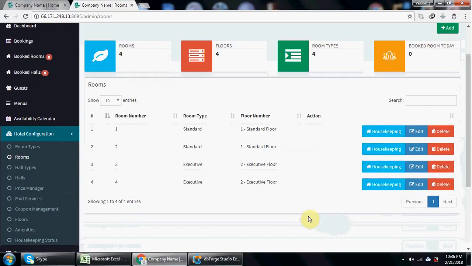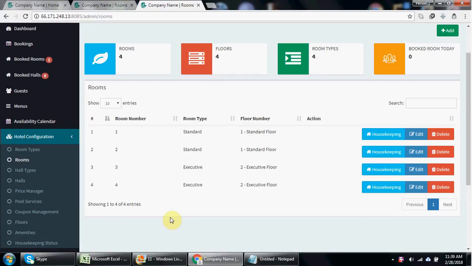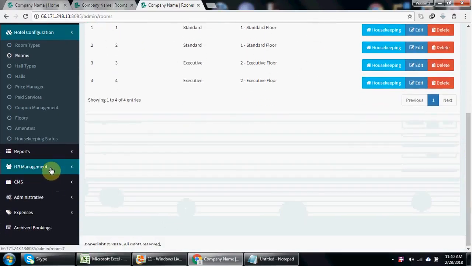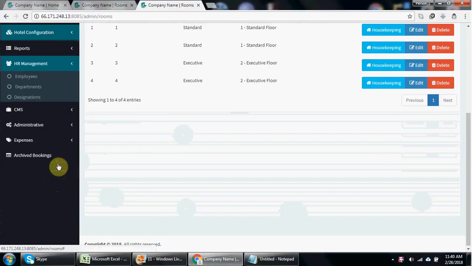I can explain what we mean by the housekeeping status against the room, but for that we need to see what housekeeping status is. So let's talk about the housekeeping status first before we set the housekeeping status against the room we just created. So now we want to talk about the housekeeping status against the room number, which is right here. But before we jump into the housekeeping, we need to understand a little bit about the functionalities that are available under the HR management, and I'll come back to the housekeeping because this is so important to know what we have under HR